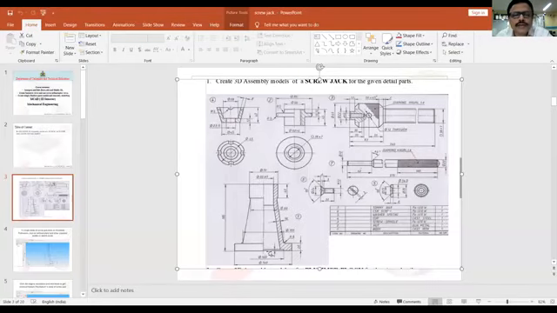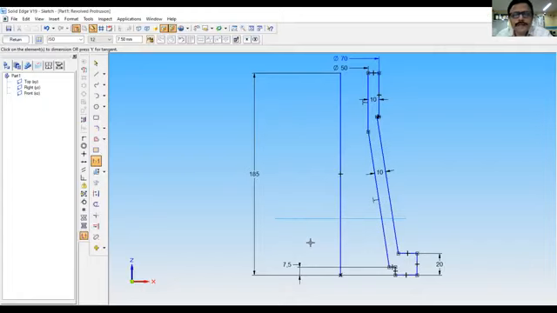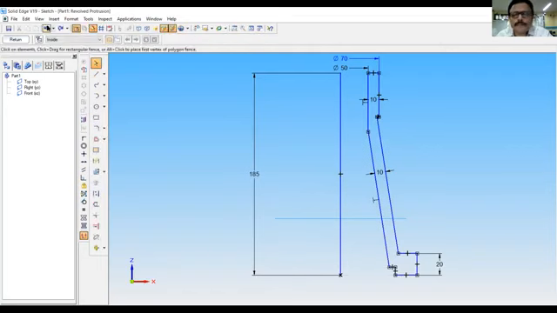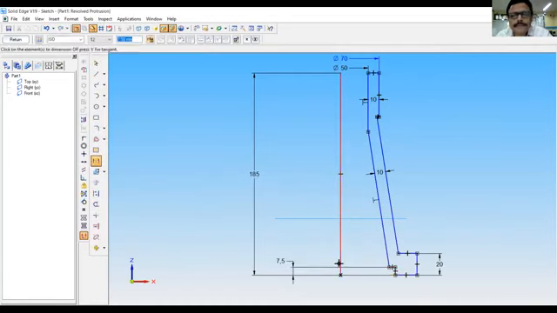Here it is 3 mm, it is shown. So make it 3. Make this 3. This dimension. This is 3 mm.